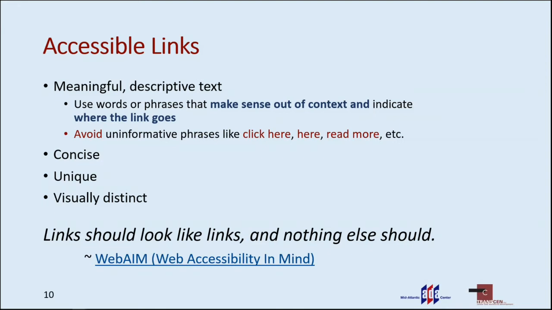We also want to keep our accessible links concise. We want to keep the hyperlink text short and sweet, not a long sentence. It should be just enough information where the user knows where the link will take them without having to question it. We also want them to be unique. If your slide has 4 different links, make sure they're each a different link with a different name. And we also want to make it visually distinct.